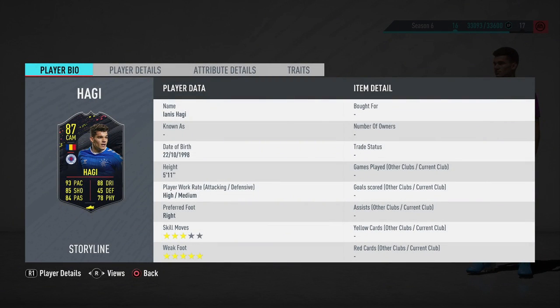He has a high attack, medium defense work rate, which is actually very good for a CAM in my personal view. If you want someone more attacking, maybe a high-low kind of attack defense work rate would probably be best, but this is still very good nonetheless. Skill moves of 3 stars unfortunately is a little bit low right now, but the weak foot of 5 stars